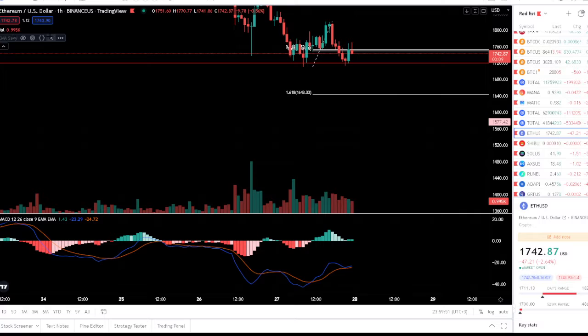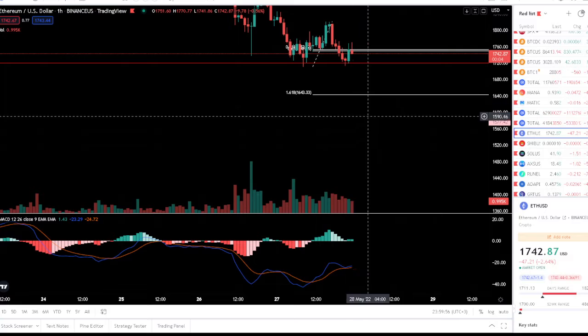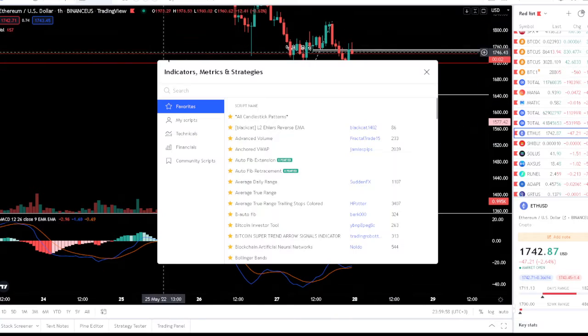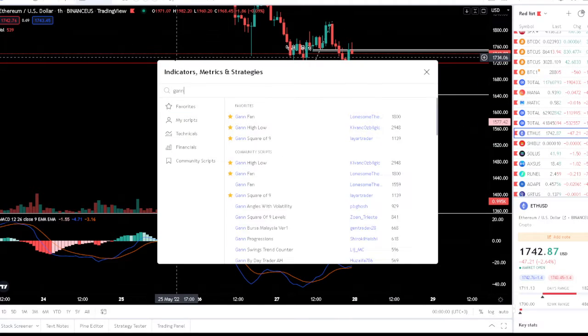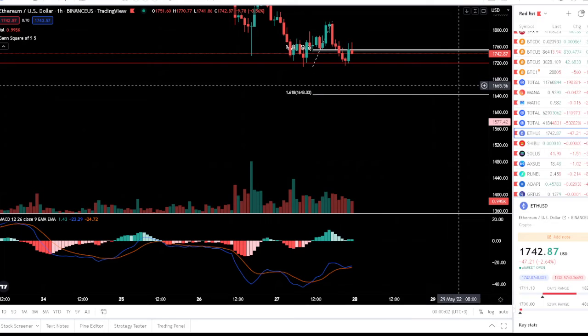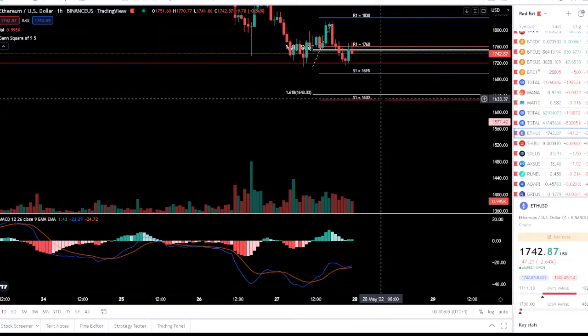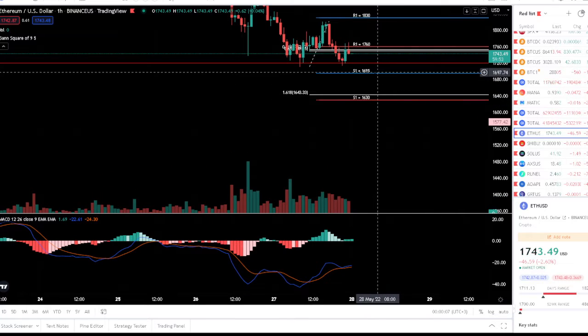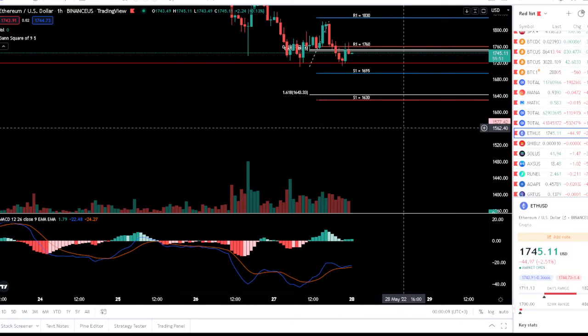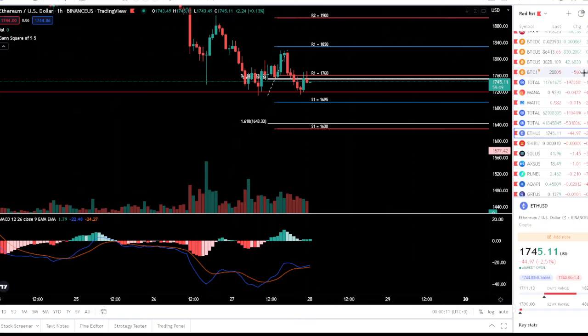And I would like to use another indicator. I believe we could even see much lower prices. Gann square of 9. Yeah, 1630. 1695 is the next support, 1630. And going back to Bitcoin,